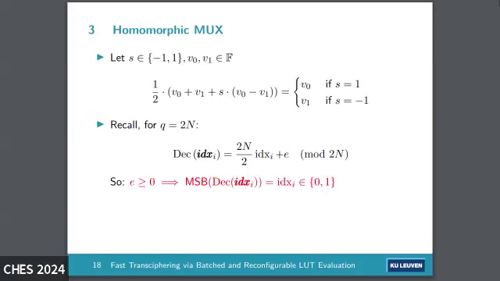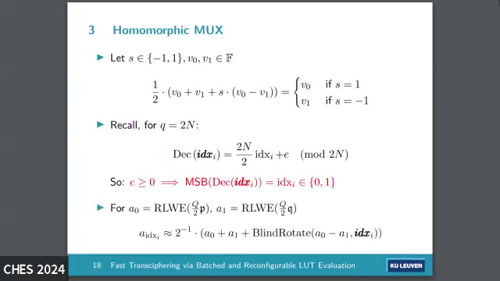Now, this is not too bad of a requirement, because usually we bound the error, and so if it's, let's say, between minus c and c, we can just add c on top of it and shift it into something positive. So this is not a bad restriction. Okay? And then once we have this, we can quite honestly just reproduce the identity above and compute the sum of two ring LWE samples plus the blind rotation of the difference, and this will be approximately equal to